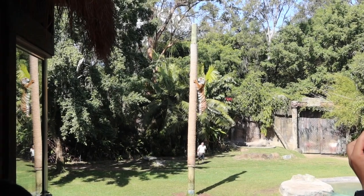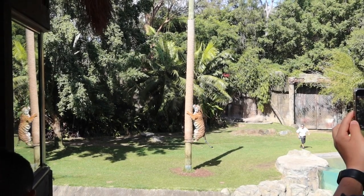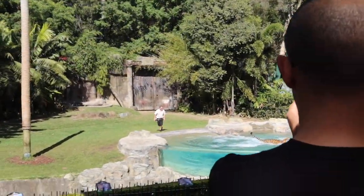So here's a big tough tiger. If he were to let go from the top, that wouldn't hurt him whatsoever. But notice he does slowly climb all the way back down. That's actually something we do condition our cats to do, because that is going to be much better for his joints in the long run, as well as...